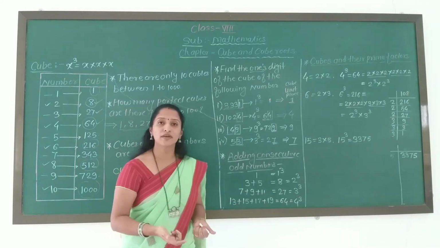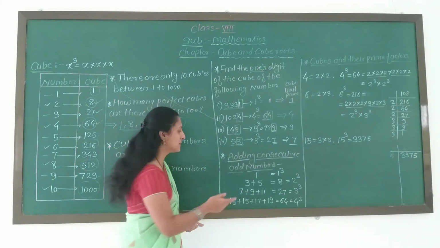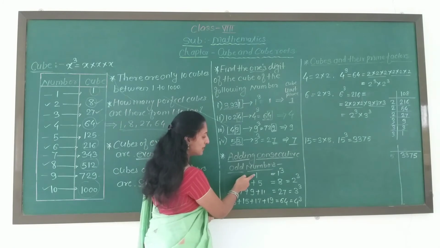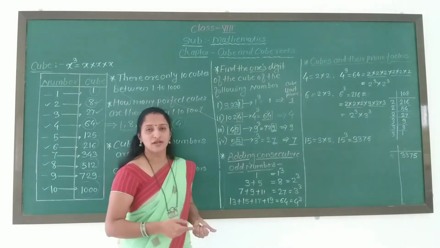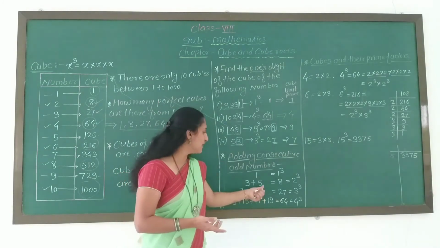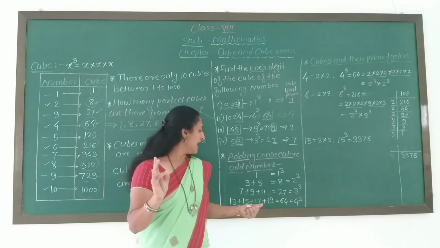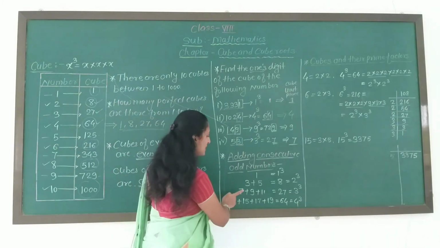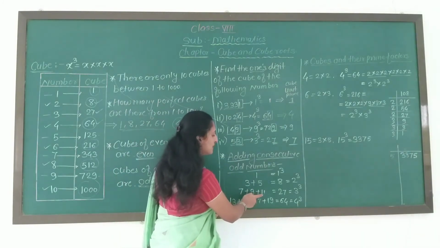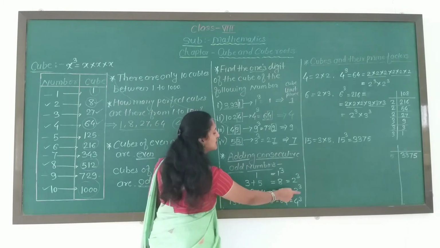After 5, we add 3 numbers. First we take only one number, after that 2 odd numbers, after that 3 odd numbers. So for 3 odd numbers, after 5, 7, 9 and 11 are the odd numbers. So add these 3 numbers. 7 plus 9 plus 11 is 27. And 27 is the cube of